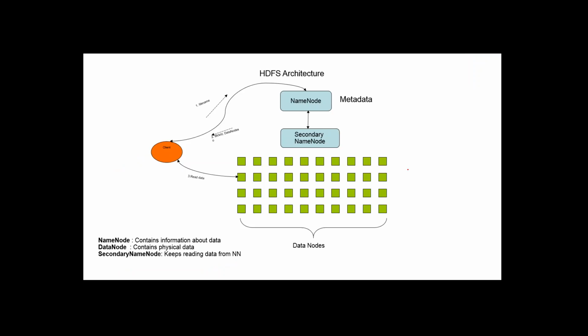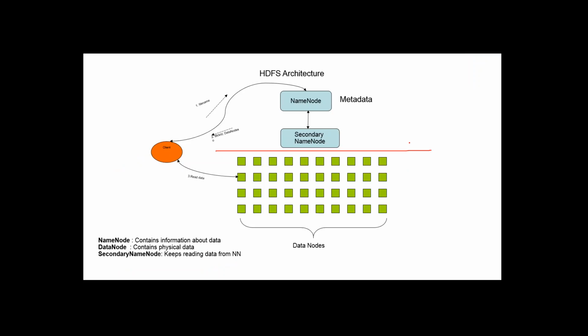So this is how your whole system looks. You have your data nodes. The nodes which contain your data, or the commodity hardware I was just talking about, are basically called the data nodes in the architecture. The green ones over here are the data nodes, which really contain your data, and there's something called the name node in the cluster, which is the master of the cluster.